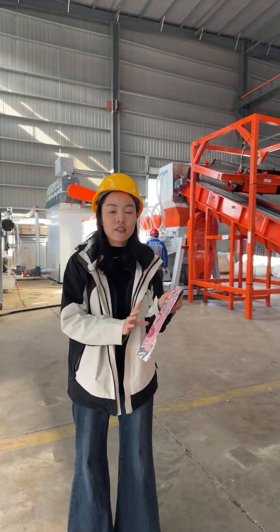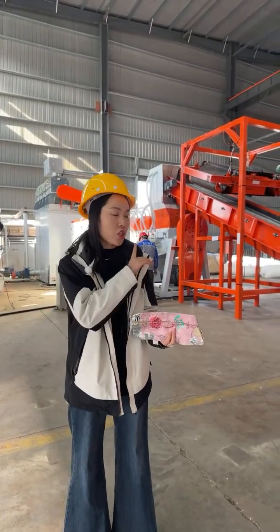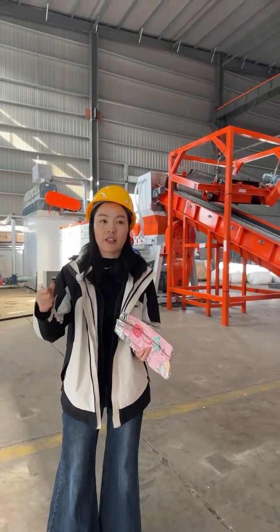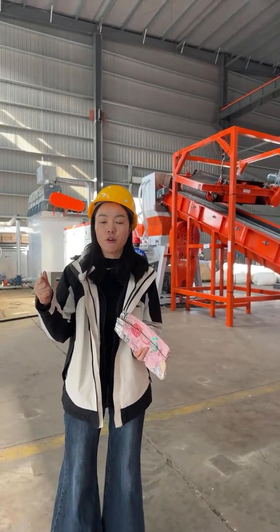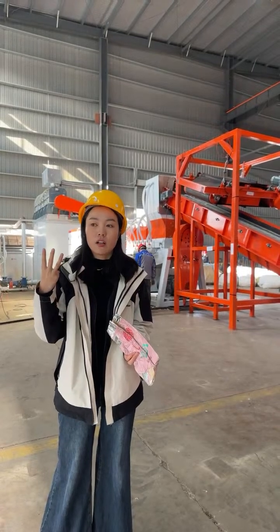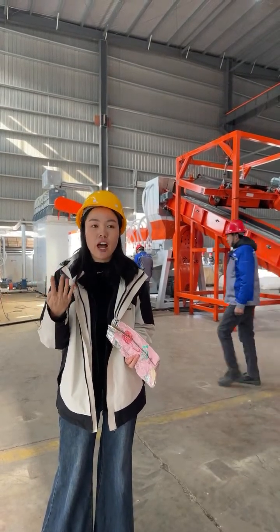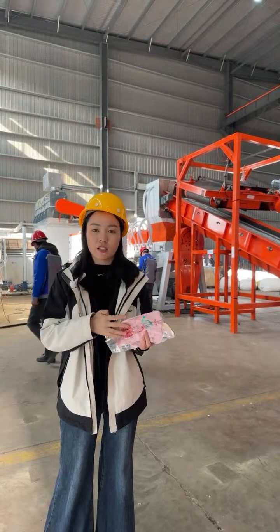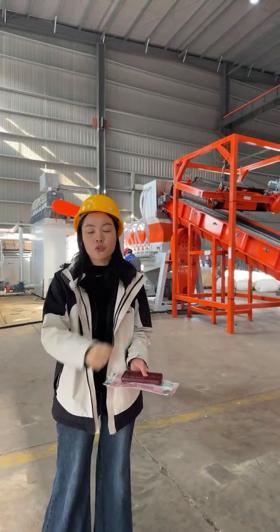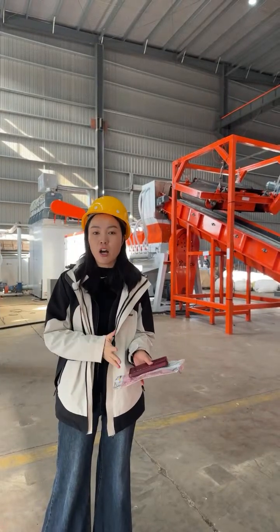Okay, so besides Tetra Pak material, this machine can also be used to recycle other paper plastic composite material. For example, laminated paper, paper cup material, and kraft paper, and also we have paper plastic composite woven bags. All these kinds of material can be put into the line to separate the paper pulp from the